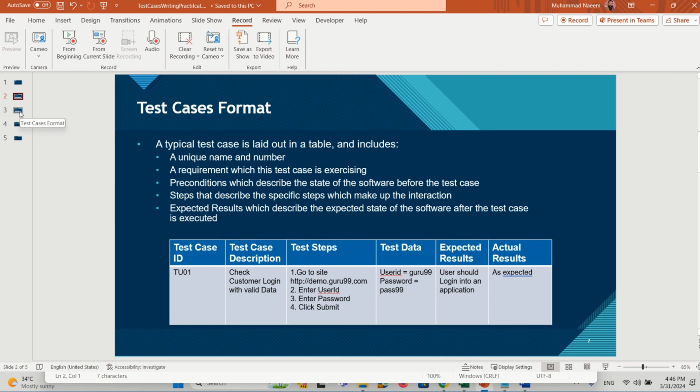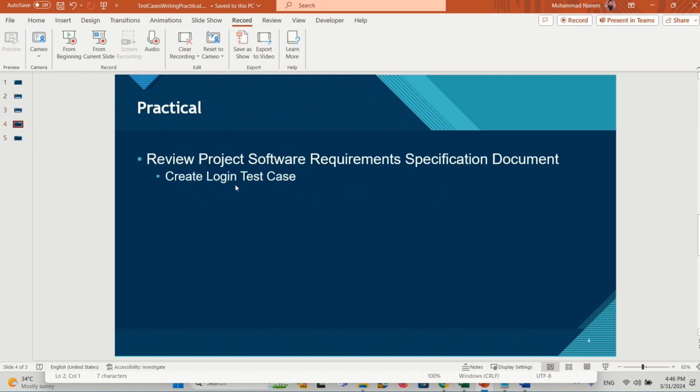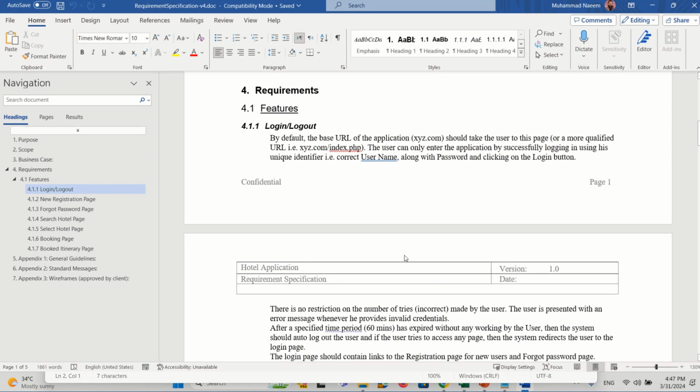So let's proceed with the practical scenario. We need to review the project software requirement specification document first, and then create a login test case. Let me show you what this requirement specification document looks like. Here I already have this login logout feature, in which the requirement is that, by default, the base URL of the application should take the user to this page,